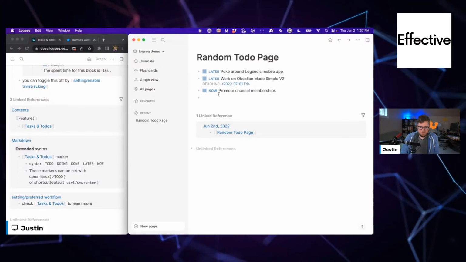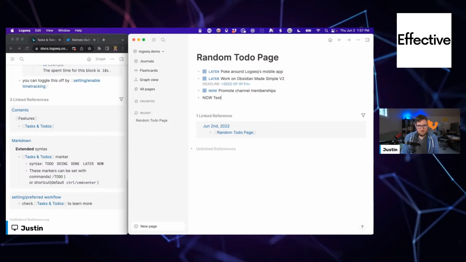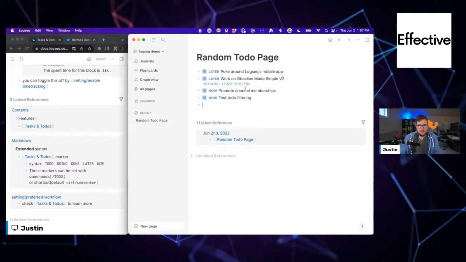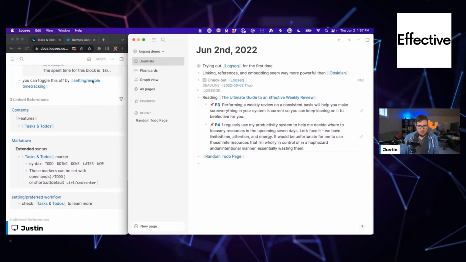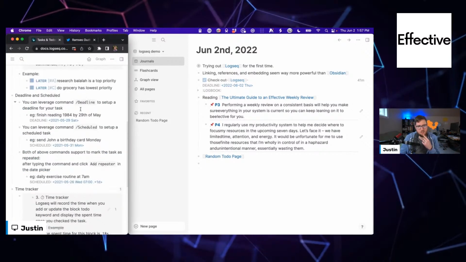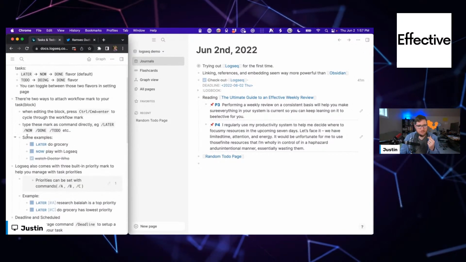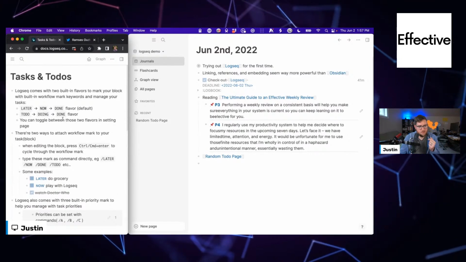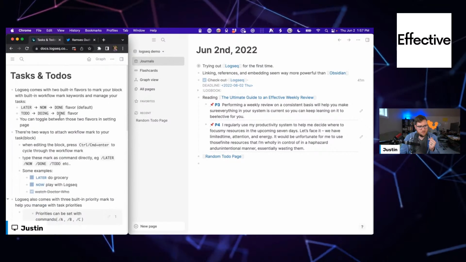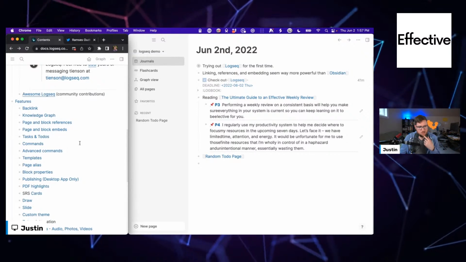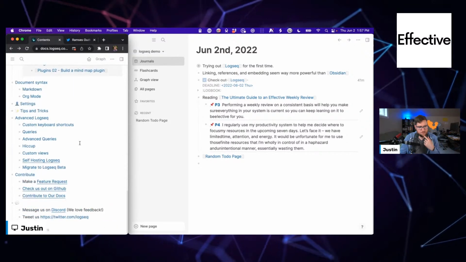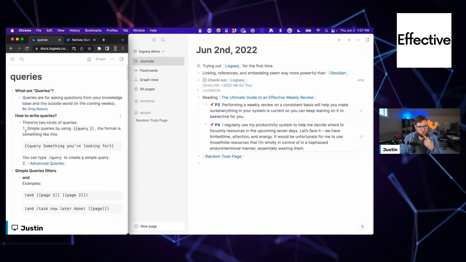All right, so and then I'm going to do now. Journals. All right, because that's what I want to figure out how to do. How do you bring all the to-dos together? I'd imagine it's some kind of filter. Or query.